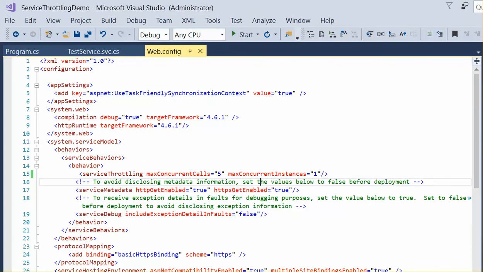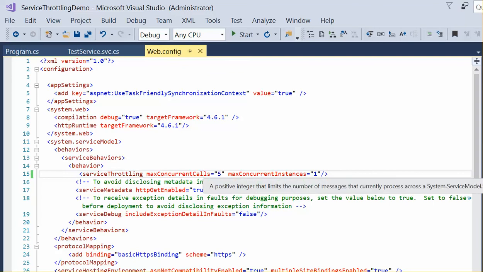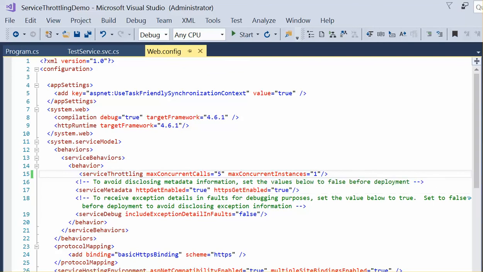So to control throttling in the service, you have two parameters that are available, actually a third one, but we're not going to talk about that today. We're just going to talk about max concurrent calls and max concurrent instances. So this one, the max concurrent calls, you guessed it, controls how many people you could have come into your party and be served at one time. And this max concurrent instances is like how many server objects are running and how many parties are you having. So right now there's one party and I have multiple guests that I could serve, but I decided I have a limit. I can only invite 5 people to my party at a time. So here it is. It's set up for 5